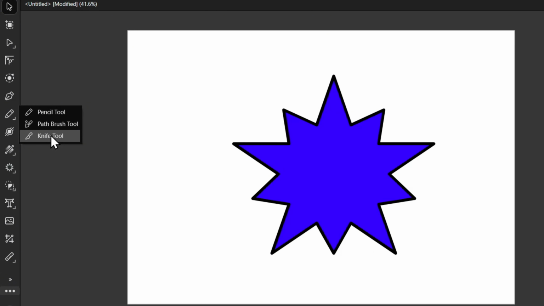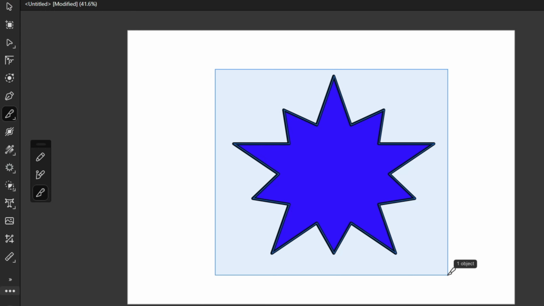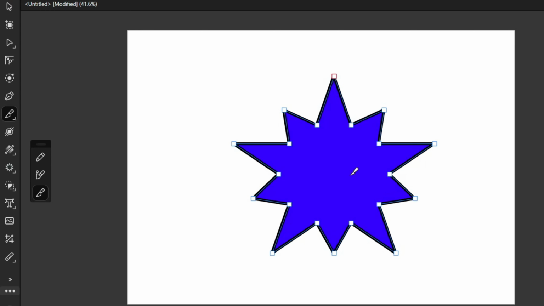So you can easily go ahead and click on it and you can just cut whatever you want. So let's say I want to go ahead and make a cut. I use the knife tool to select the item that I want to apply it to. And as you can see, once I hover over it or draw over it, it now selects the item. And then I can go ahead and basically use the cut. So I can just do something like this. And as you can see, it now made the cut